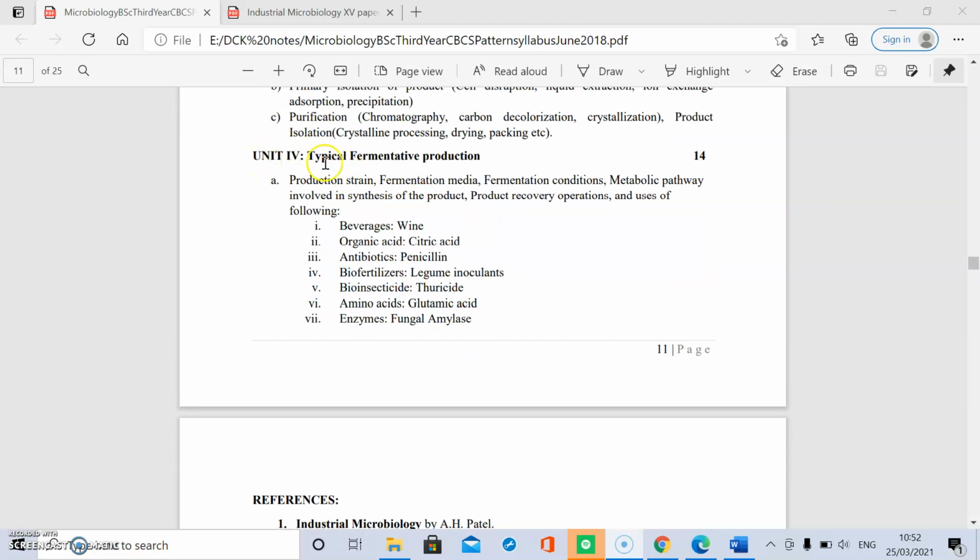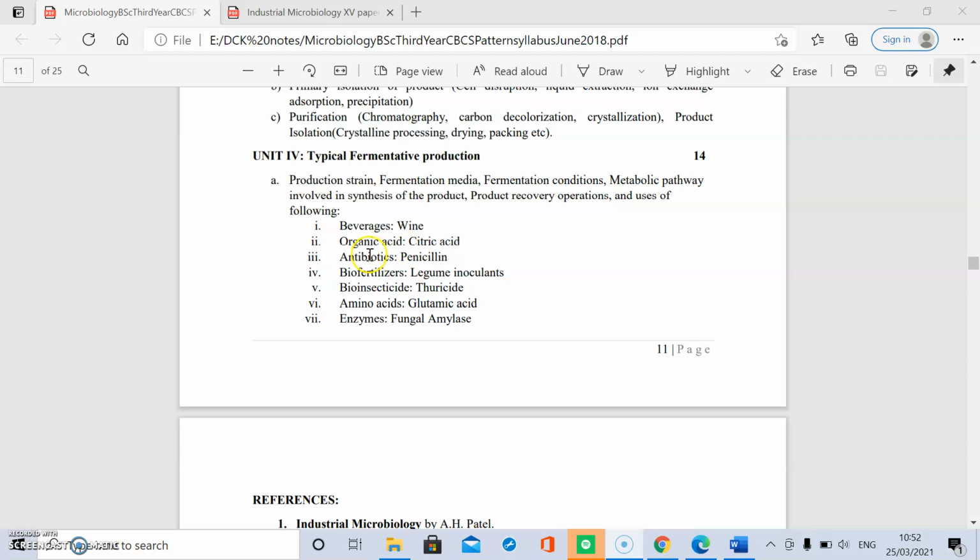Now the unit 4, typical fermentative production. In this, the various fermentations we have to study, and for each we have to study production strain, fermentation media, fermentation conditions, metabolic pathway involved in synthesis of the product, product recovery operations, and the use of the different fermentations, as in the beverages, wine fermentation, in the organic acid production, citric